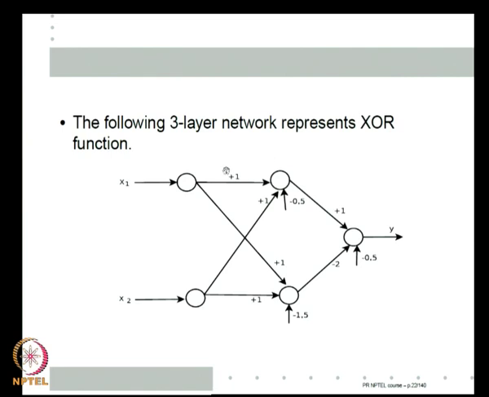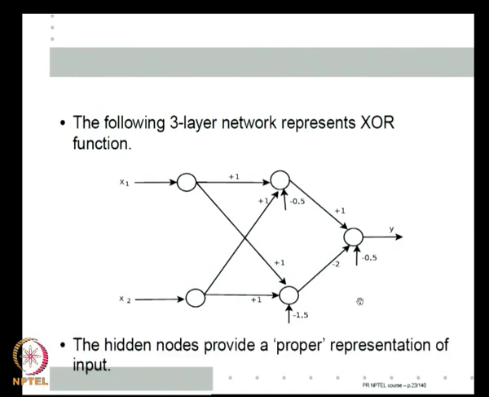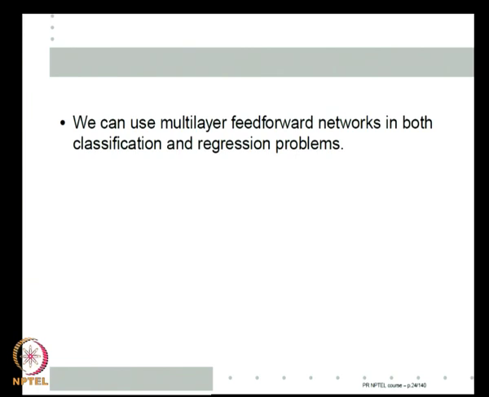Okay. But we will come to whether the algorithm lands well or not, but all we are showing here is that this is what is meant by internal representation and this is what we seek to learn. Okay. We may learn, may not learn depending on whether the gradient descent gives us good local minima or bad local minima, but the idea is that this is how 3-layer, multi-layer networks represent functions because they can represent the right internal representations. Okay. So, the hidden nodes here provide a proper representation of the input and hence the network as a whole can represent the XOR function. Okay.